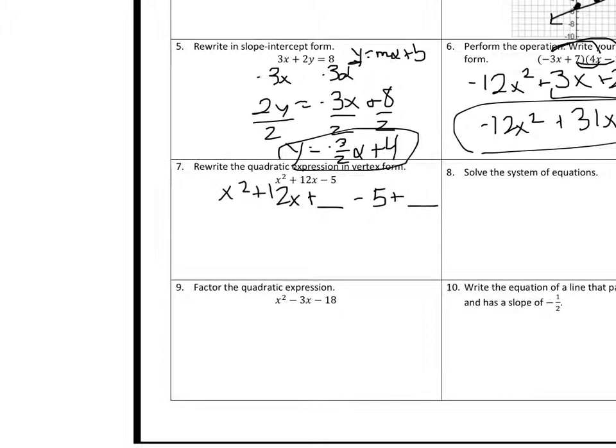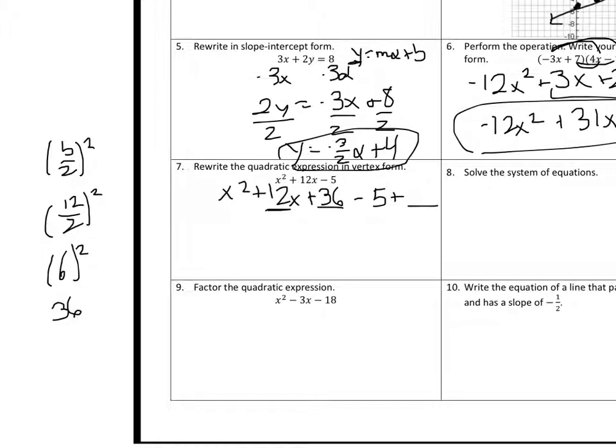If you remember, it's always b over 2 squared. Here's my b. So I'm going to get 12 over 2 squared. I have to simplify what's inside the parentheses, which gives me 6 squared, which is 36. Okay, so that's what goes in the blank, but remember what I do to one part, I have to